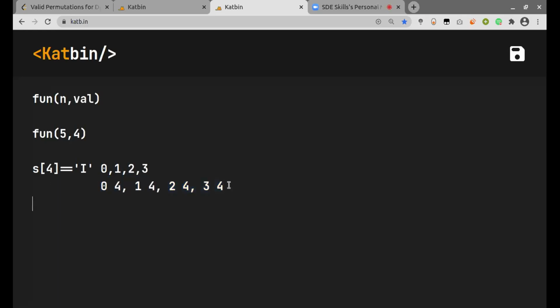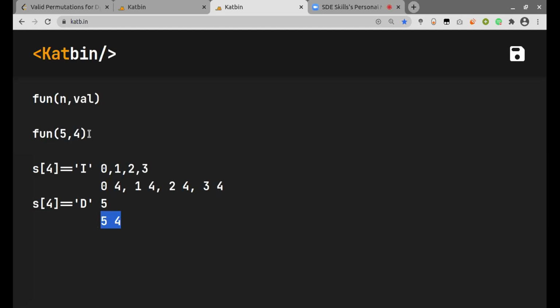And if the character at the last index was D, which means that I need a decreasing sequence, then I can take 5 as the value. Since if I add 5 in the adjacent left and then I take 4, this will make a decreasing sequence.